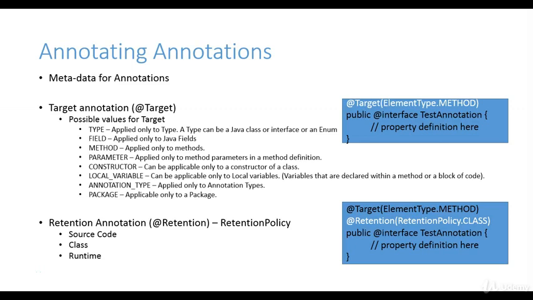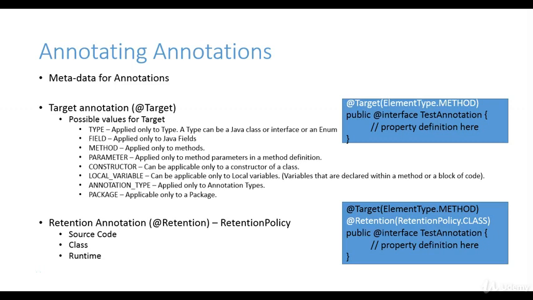And finally we have the PACKAGE target that gets applied to a package. So these were the values that we can associate with a target annotation type, and most of these values were pretty intuitive, as we can guess from their name itself